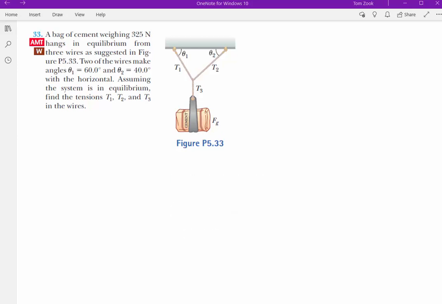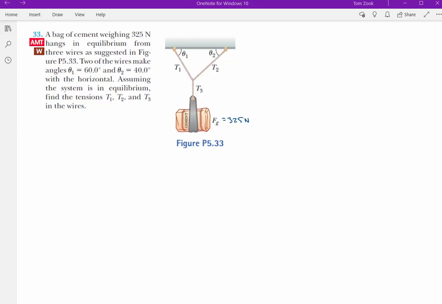Take a look at number 33 from our textbook to try to work out a multi-force static equilibrium problem. So we have a bag that has a weight, according to the problem, of 325 newtons. It's connected to a rope that has tension T3, and that is connected to two other ropes with tensions T1 and T2, and the angles that they make with the ceiling or roof or whatever you want to call it